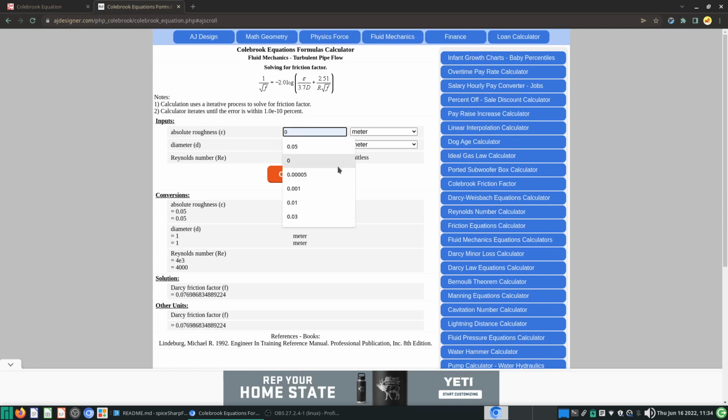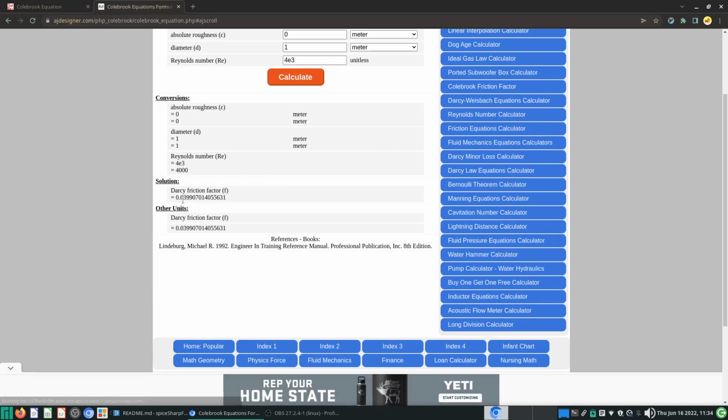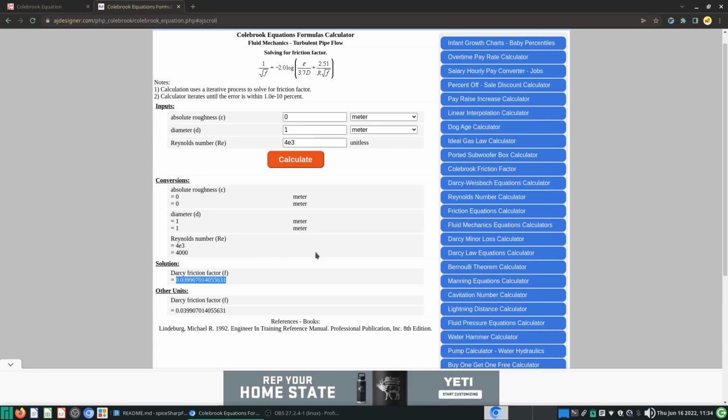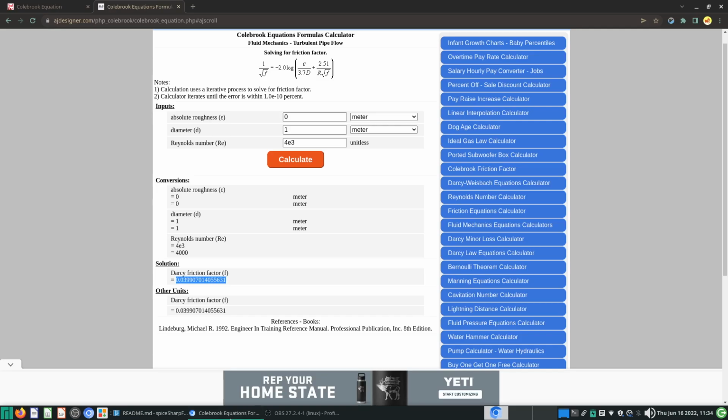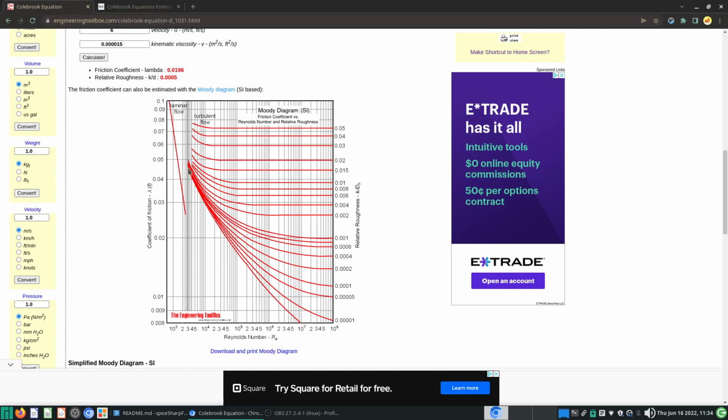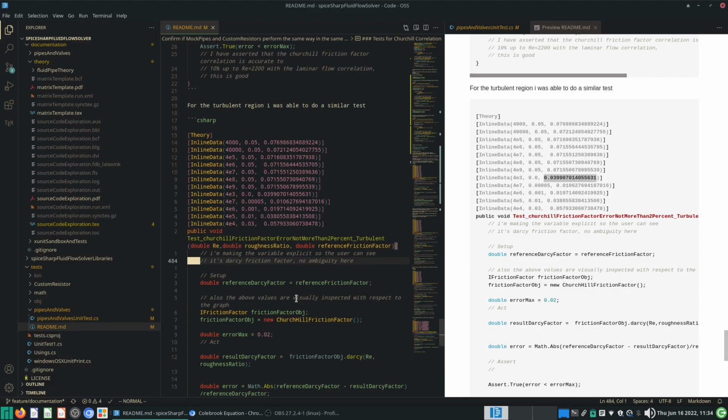it at 0.04, 4 times 10 to the 3, and this is where I got my answer from for the Darcy friction factor. Okay, this is as extreme as it gets. It's in the transition region. It may not even be that, or rather just going out from transition region to turbulence may not be superbly accurate, but this is for smooth pipes. So all the way at the bottom, you can see that the coefficient of friction here is very, very difficult to see. Okay, but you can kind of accept it's within that range, so you just leave it as